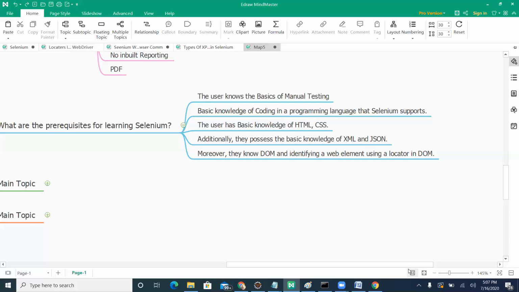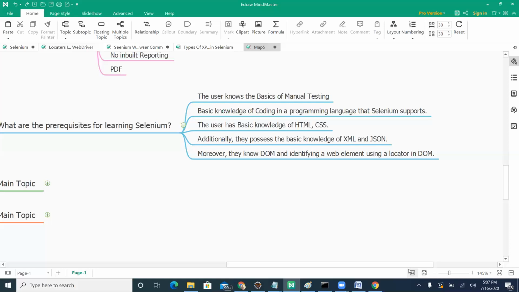You should have basic knowledge of how to code your Selenium scripts in Java, Python, or C Sharp. If you have that knowledge, you can start using Selenium from day one itself. Don't worry if you don't have this basic knowledge; I can teach it.